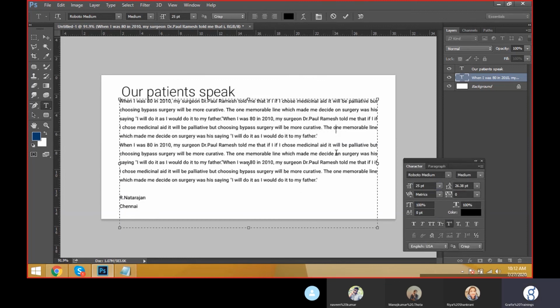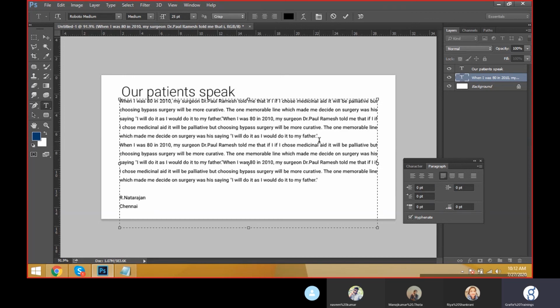Now, suppose how many paragraphs do we have? Two paragraphs. Now, I'm just keeping the cursor at the end of the first paragraph. Now, see here. What is this one? This is called first line indents. First line indent of the margin 50. I kept the cursor here, that's why it came from here only.